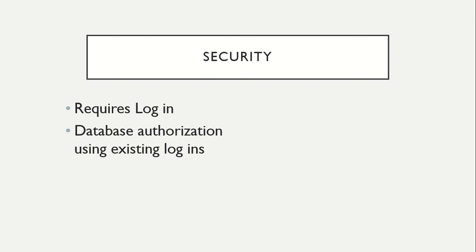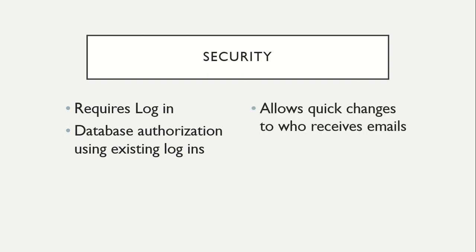So the database authorization is basically a separate username and password that is required to get into the database. IT can take that away or extend it to new people at any time without any problems. This means you can quickly change who receives the emails because it's not going through IT. And that's a big security issue because of what I was talking about earlier with the wrong people receiving the